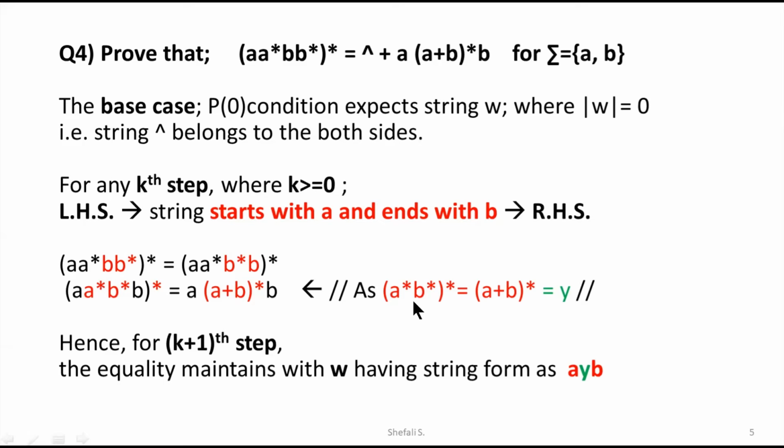So this is actually the proof, where whatever the string, A and B are the end elements, and the in-between string can be considered as Y. So any string we expect should always start with A, have an in-between string in the form of Y, and again end with B. So that is the idea for any case of the expansion, for calling the same loop again for the next iteration using the Kleene operation. I can say that for the K plus 1 step, again the equality is maintained.